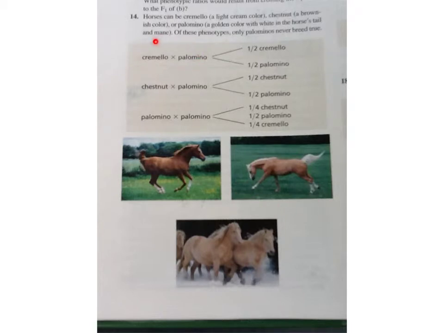There's a parental cross with its offspring ratio there for phenotype, and two other parent crosses there with two other potential phenotype ratio offspring crosses. And they want you to use this information to figure out, first of all, what is the mode of inheritance. Now, the mode of inheritance for this one can be figured out pretty easily by looking right here. You see, when they cross two palominos, you end up getting this